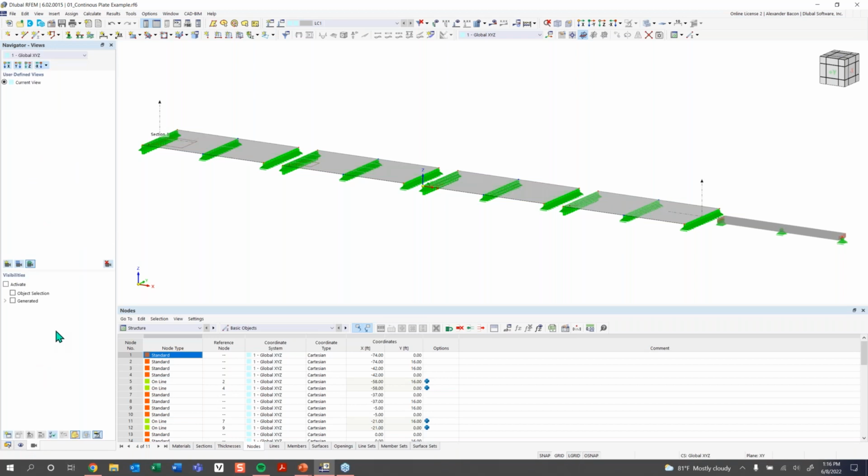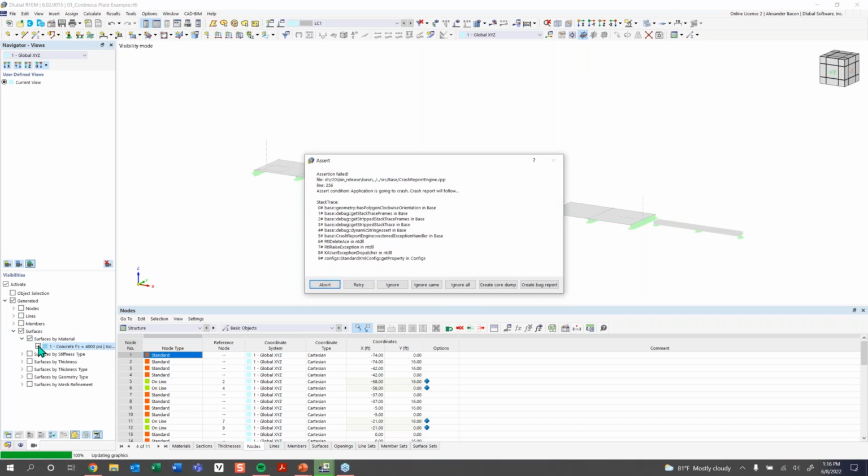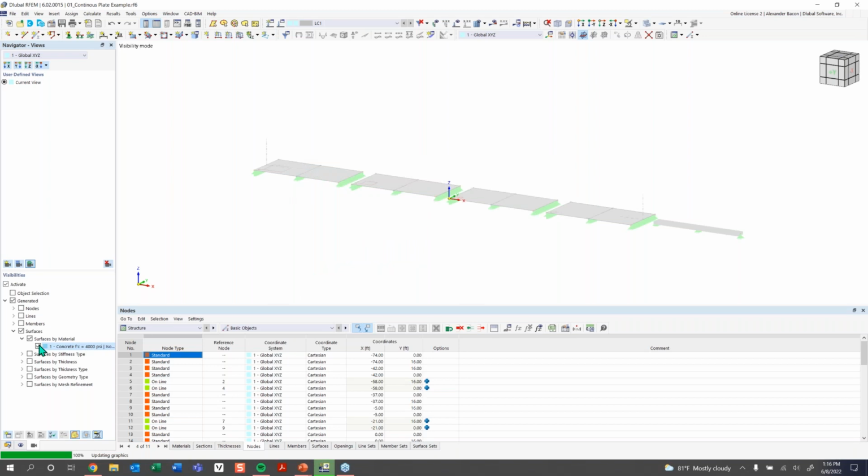Next, we have the views tab. This works a little bit similarly to the display tab, but with a function called visibilities, which can be activated. And now you'll see once I activate visibilities, I don't have anything visible to me in my model that's deactivated. But let's say I only wanted to view surfaces that have a concrete material. Once I activate the,